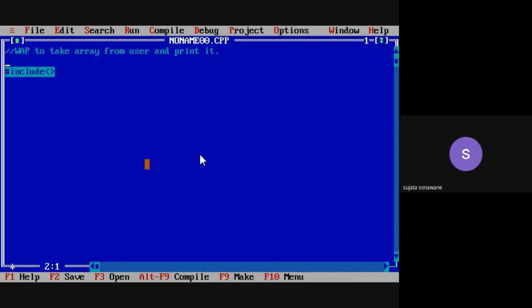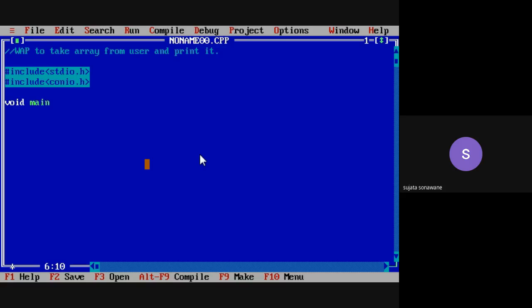So now our first task is to include the header files. Okay, so therefore write #include stdio.h. Next one, #include conio.h. So this is conio.h. Next, after that, we will write main function.